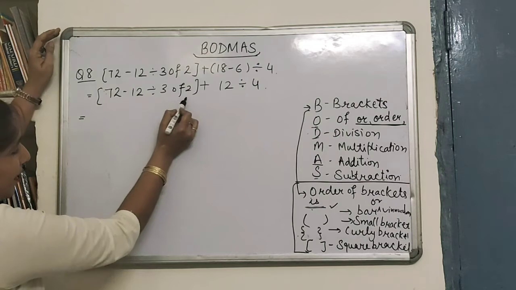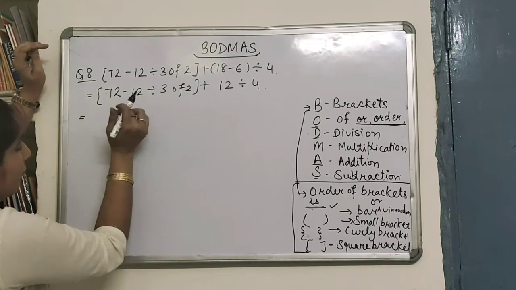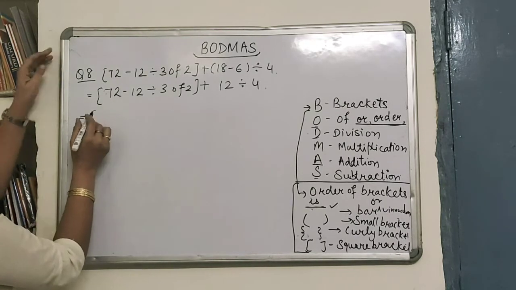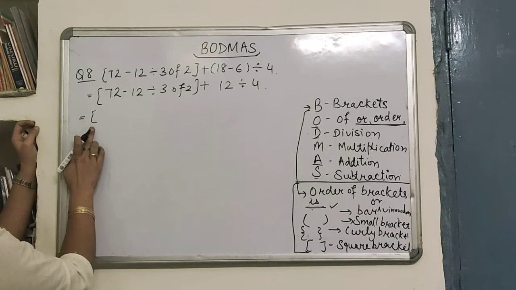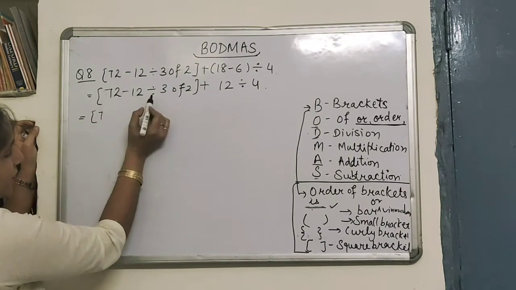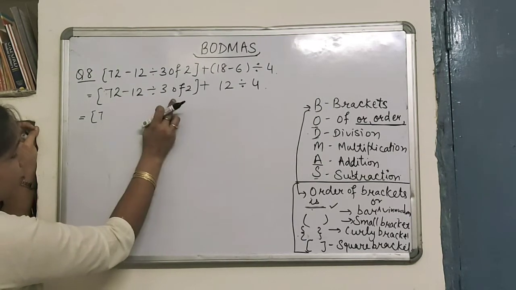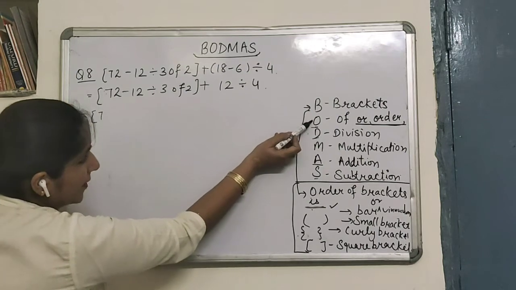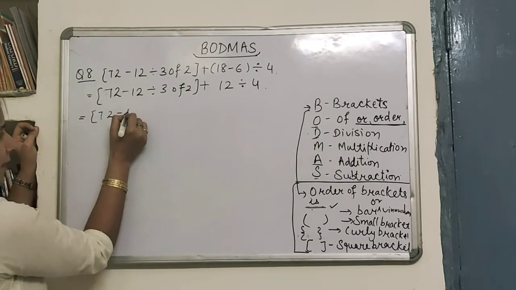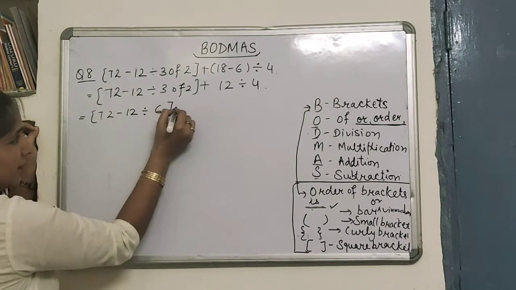Now time to solve the next bracket. But there are many things, many numbers, many operations inside the square bracket. So following the same BODMAS rule here also, okay, to solve it. So I cannot remove directly the square bracket. Now inside the bracket there is subtraction sign, division and off. So out of these three, which one should I solve first? The order is of off, means we need to solve this first. So other things I am writing same. Now 3 of 2 becomes 6.